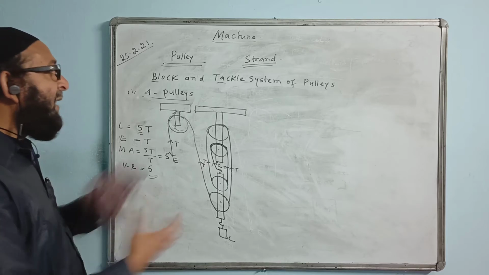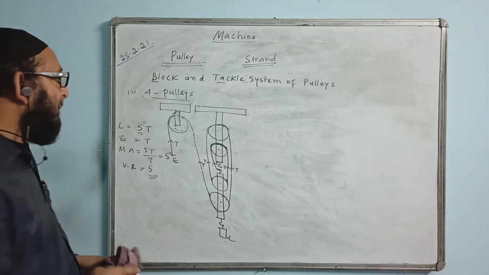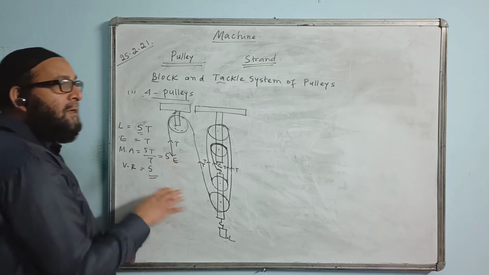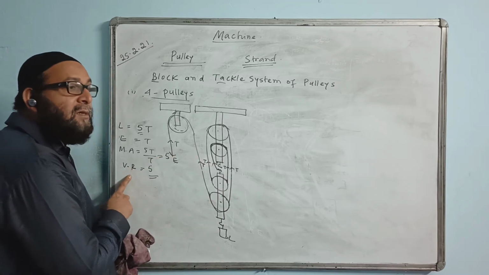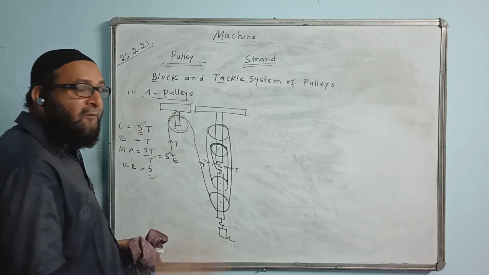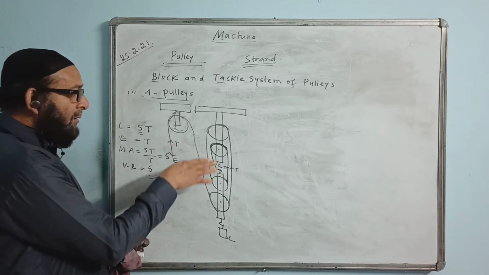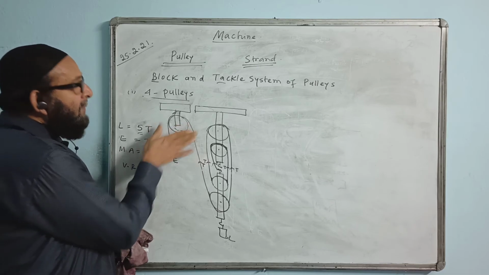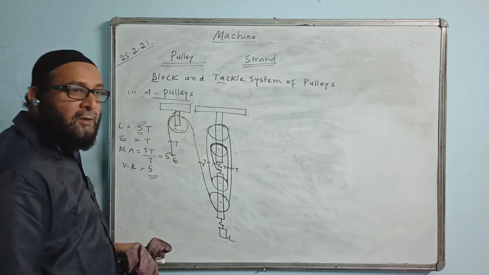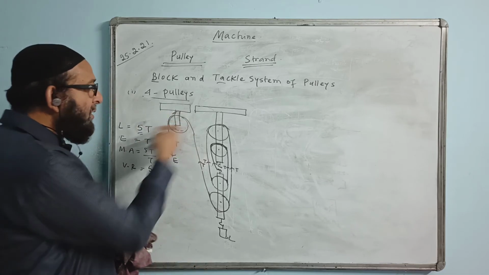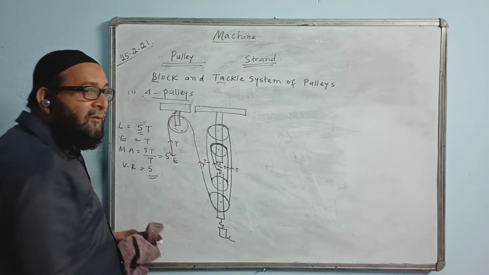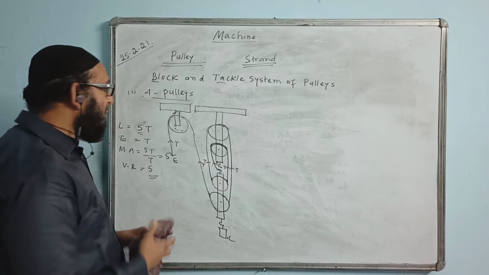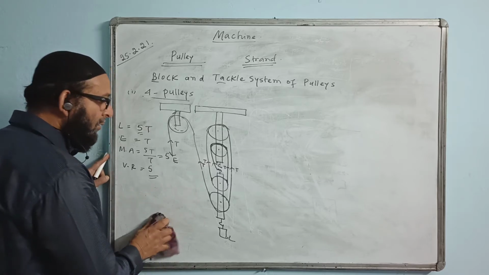Yes, the question will clarify which kind of pulley system you have to make. The effort should come in the downward direction or the upward direction. The question will tell you, or they will give a clue of velocity ratio. They will say 4 pulleys, but velocity ratio should be 5. Then you will be drawing this kind. And if there is an extra part, they ask you for a suggestion of how you can change the direction of effort. They will say by using a single fixed pulley, just to change the direction of the effort. Alright.